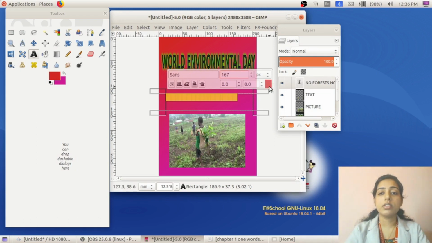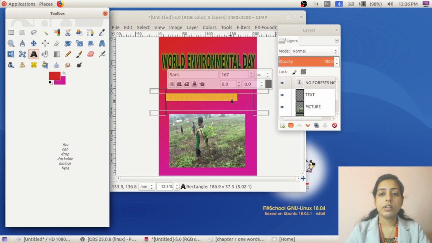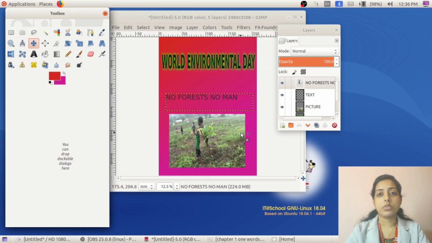Here, to change color, click over the color. Then you can see one vertical and one horizontal line, which means we have chosen one color. So select a color, click on OK. Now by using the move tool, we can fix that text over the poster. Now you can see a selection over our text. Actually, this text got fixed in the canvas because the anchor symbol is not visible, or in the move tool when you click over the background, we can't remove this selection line.